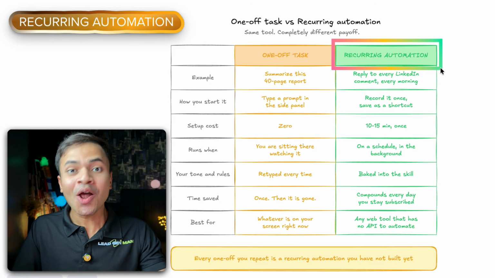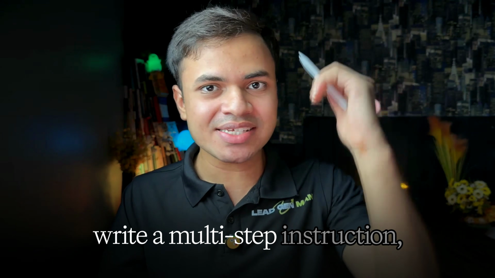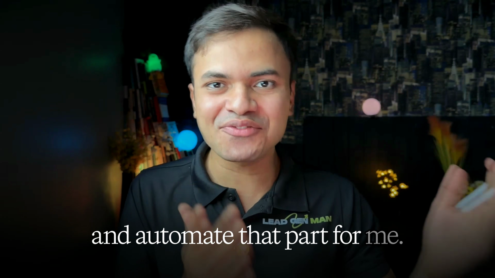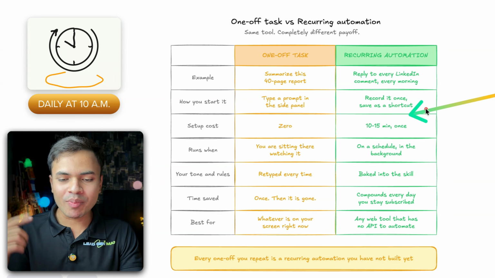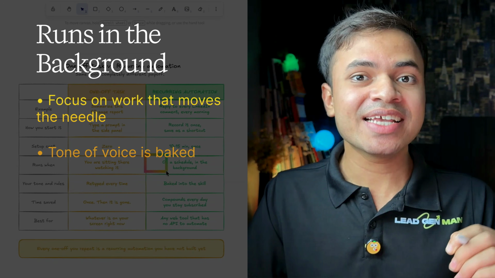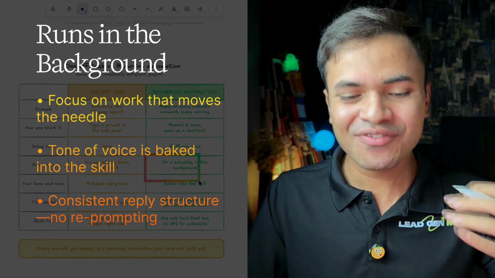I can teach it a skill or record myself working for once, and then it will learn how I work, write a multi-step instruction and automate that part for me. For instance, every day at 10 a.m. it is automatically replying to all the comments in my LinkedIn profile, and the best part is it is running in the background so that I can focus on the work that actually moves the needle for my business